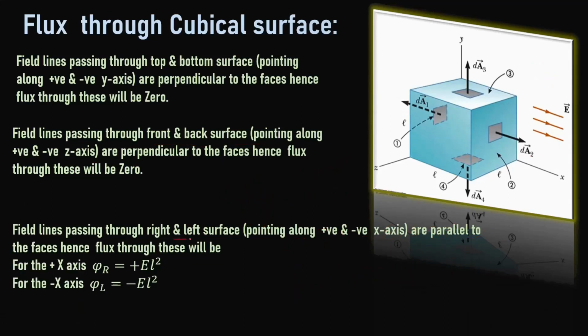Field lines passing through the right and left surface are pointing along the positive and negative x-axis. The flux associated with the right face will be plus EL square and the flux associated with the left face will be minus EL square. On adding them again, we notice that the net flux through the cube becomes 0. So whenever